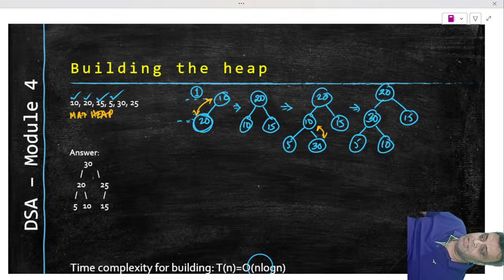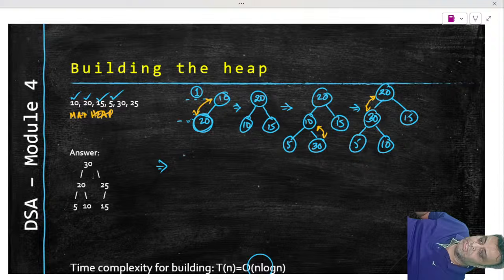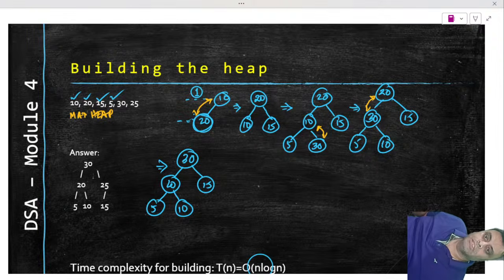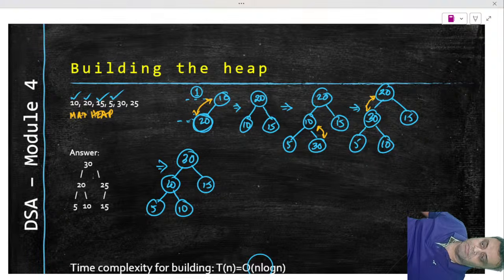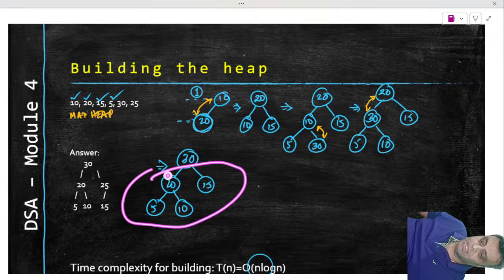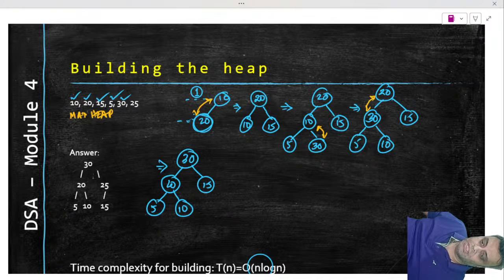Now, is this a complete binary tree? Yes, of course. But is this a heap? No, because 30 has to go up, because this portion is not completely less than 20. 30 is still here. So what do we have to do? We will have to move 30 to the top, bring 20 here, bring 5 here, bring 10 here, and bring 15 here. So that's what we will do. And this creates a max heap here, because all elements below 30 are less than 30. Now 30 is also done.